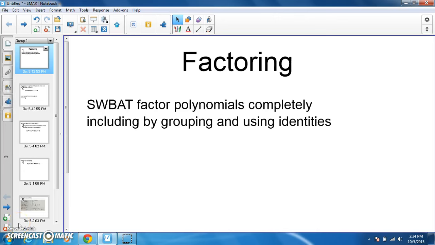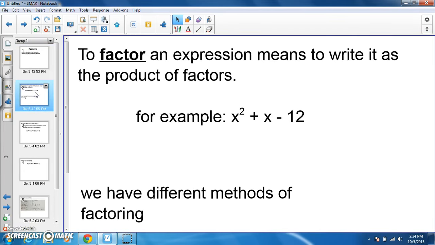Today we are going to factor polynomials completely using grouping and identities. To factor an expression means to write an expression as the product of factors. So if we have x squared plus x minus 12, we need to rewrite that